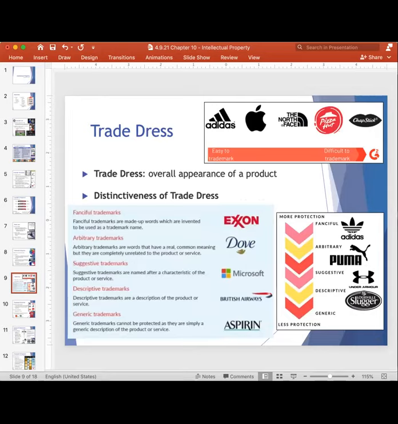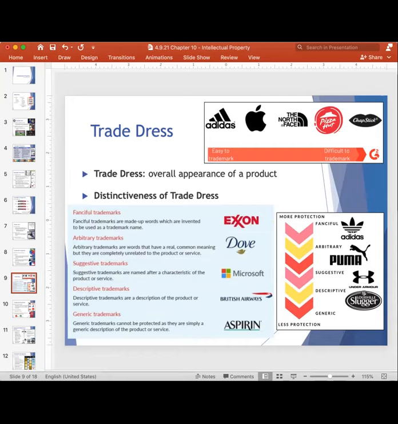When thinking about the specific mark of a trademark, service mark, or collective mark, trade dress is the term used to describe the overall appearance of the mark. So the color, shape, size, logo, and any other characteristics. It's important to identify the distinctiveness of trade dress because it will inform the level of protection that is given to the trademark. So there are 5 different categories of trade dress for us to consider. And we'll start with the weakest